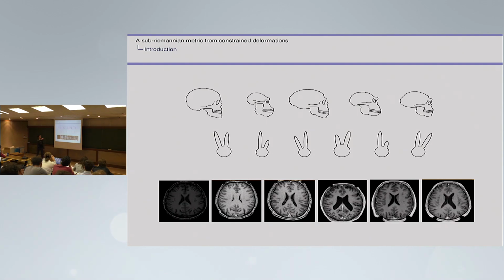In particular, here, if you look at your rabbit heads, what you can imagine of this rabbit head is that one way they can be transformed is by changing the size of the ears. And of course, if you think about that, you will not allow the same deformations if your rabbit head is like that or if your rabbit head is like that. Because here you say, okay, the only motions are parallel to these lines and located here, while here it's located there. So the distribution should take into account the point where you are on your shape space.